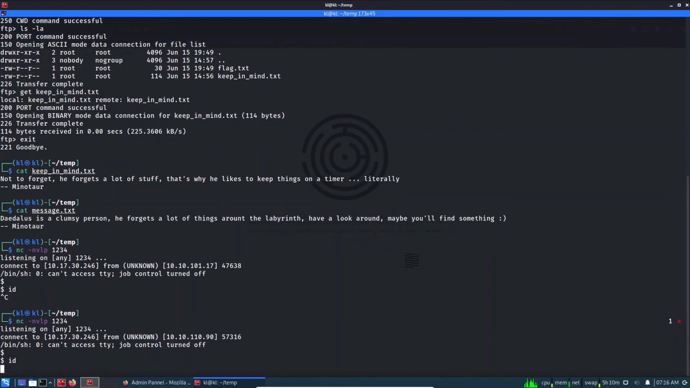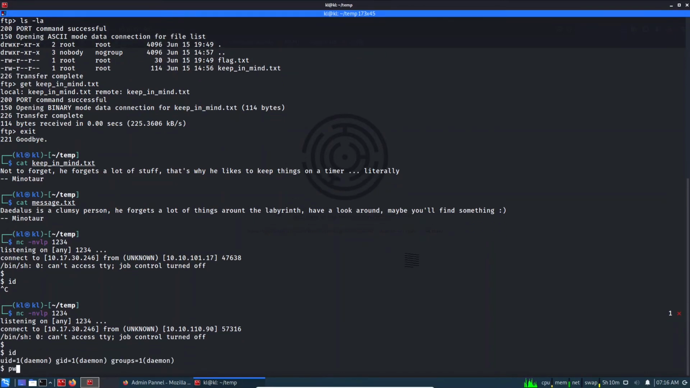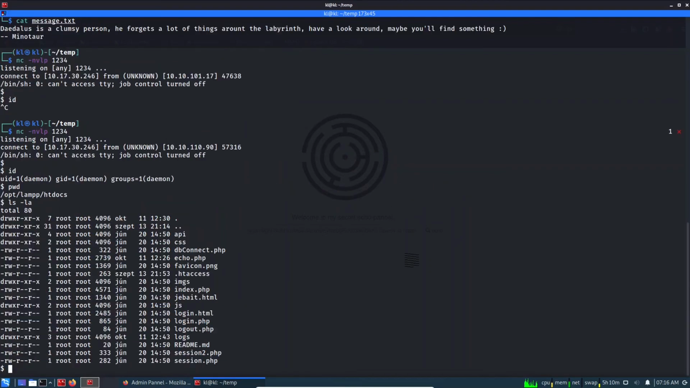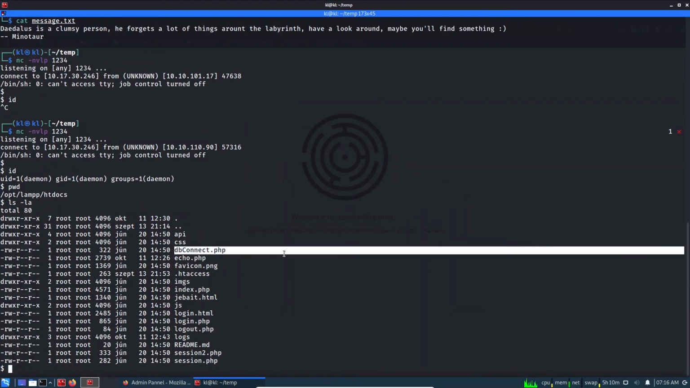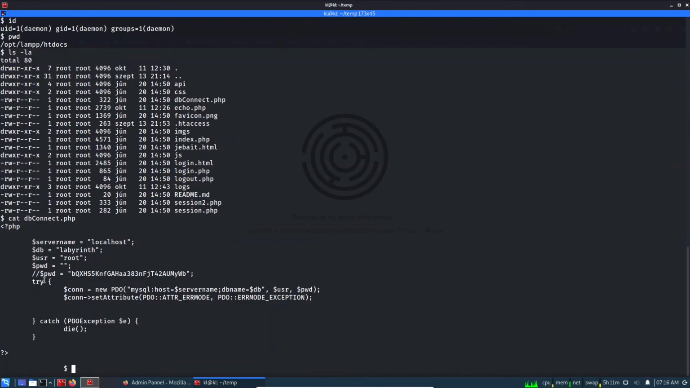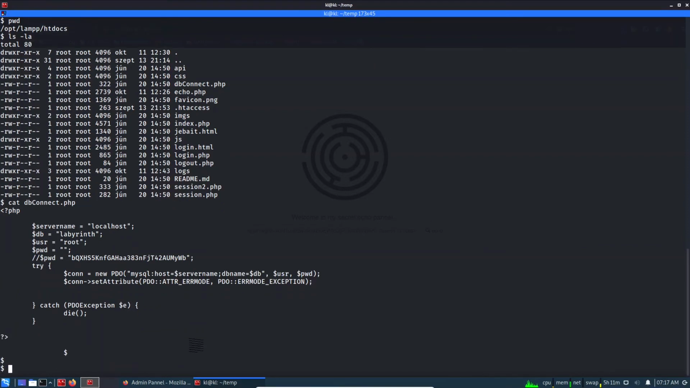So id, this is the daemon account, pwd, where we are in lamp htdocs. So ls -la, and you can see there is one file, dbconnect.php, and if we check the content of dbconnect.php, there is a password which has been commented out, and the password is blank, user is root, and this is not useful, this password. I thought this is a hint, but this is not. So we can ignore this, and we can go to